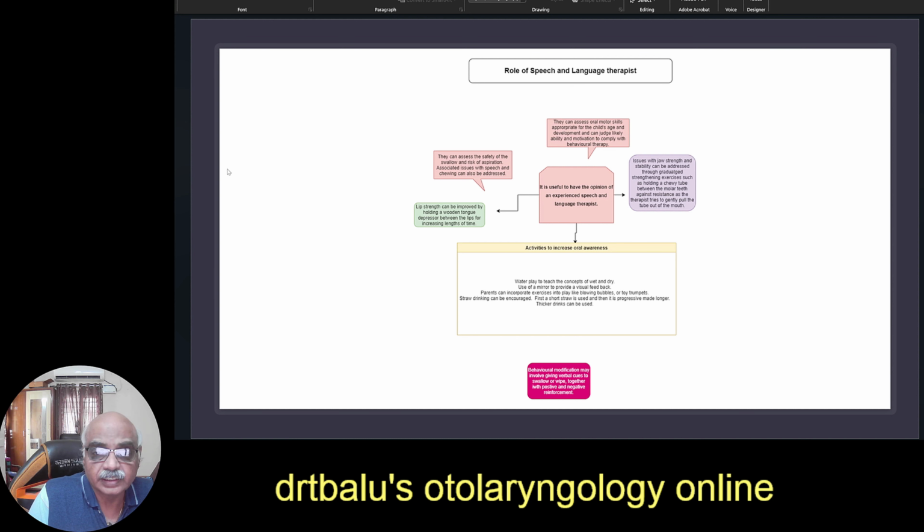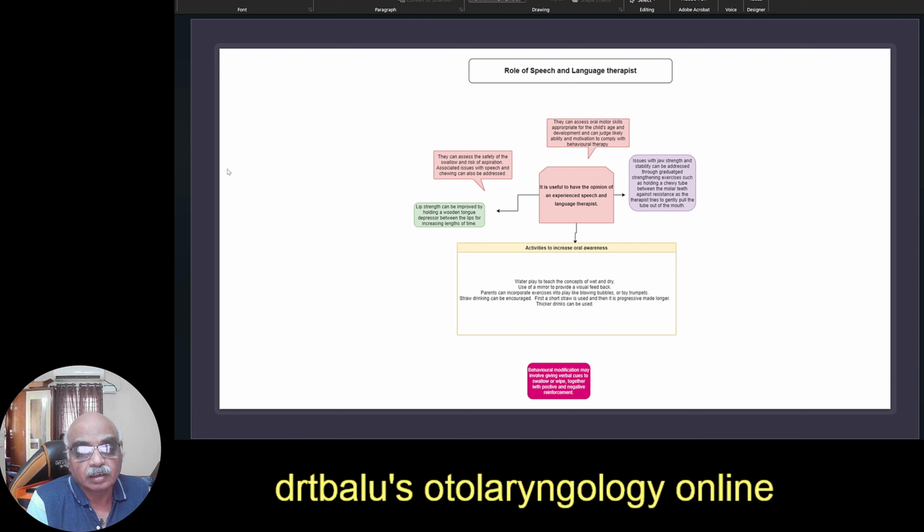Then I have already been telling about the role. It is actually a multi-specialty oriented therapy that should be given to these patients. So the speech and language therapist has a vital role to play in rehabilitating these children. The child should be referred to the speech and language therapist, and they should specify